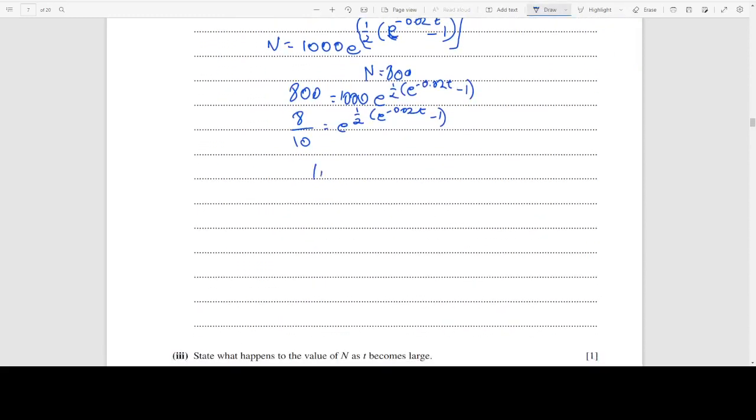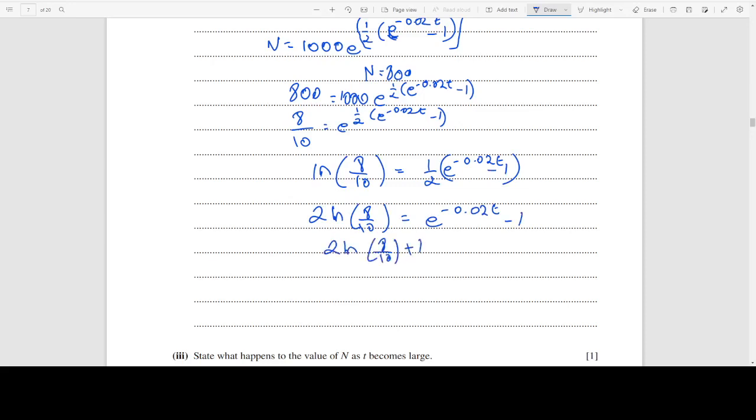So ln 8 upon 10 equals half e raised to minus 0.02t minus 1, so 2 ln 8 upon 10 equals e raised to minus 0.02t minus 1, plus 1, and the ln of the whole thing equals this, so we just take this over here,